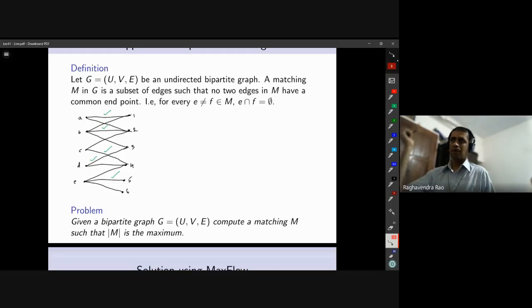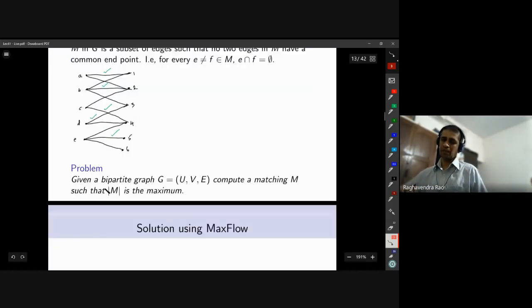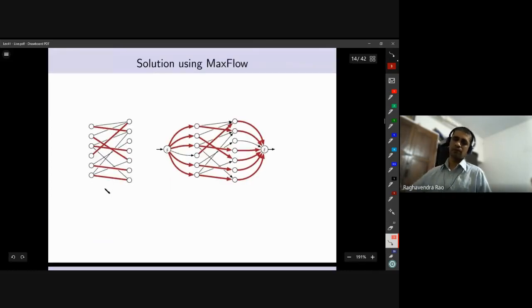Now, I had mentioned, but didn't really go over it, nor gave it as an exercise, that if you consider the set of all matchings in a graph, that does not form a matroid, which immediately tells us the greedy algorithm fails. But there is a simple reformulation of the matching problem in terms of flow. This picture explains it. This is taken from Jeff Erickson's book. Suppose this is the graph whose matching is what we want to compute.